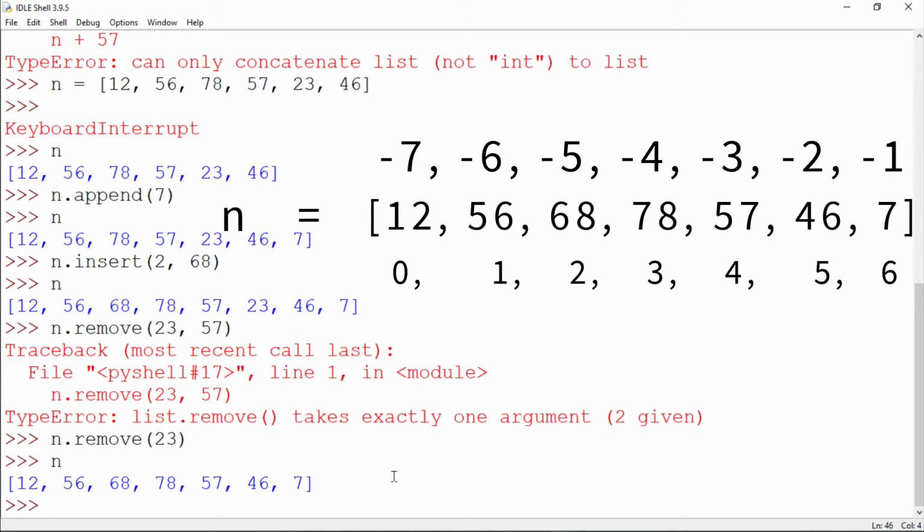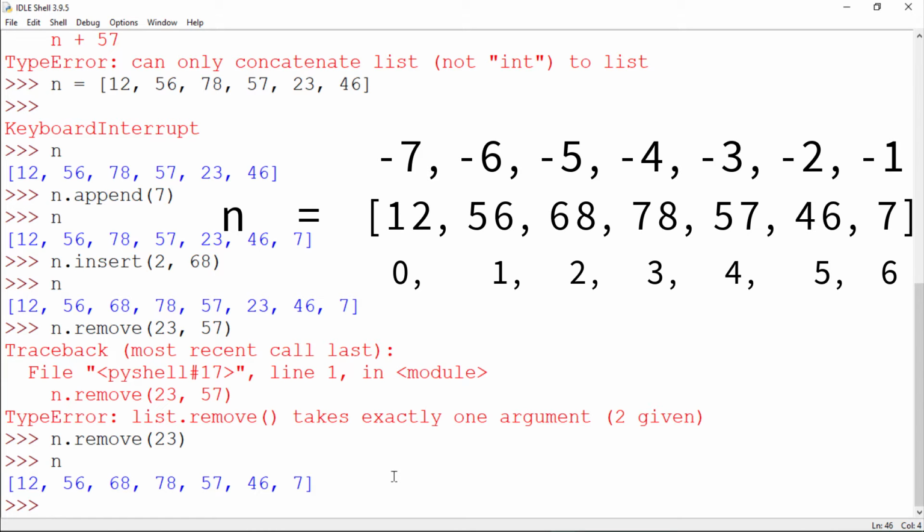How do we remove multiple values? Okay, some people will say that no, it is good to remove one value feature, but some people will say that there are hundreds of values in a list, and if they are removing only one value at a time, so that's not the right way.